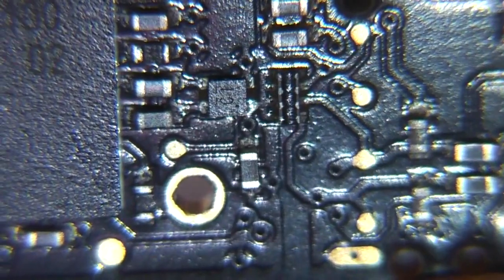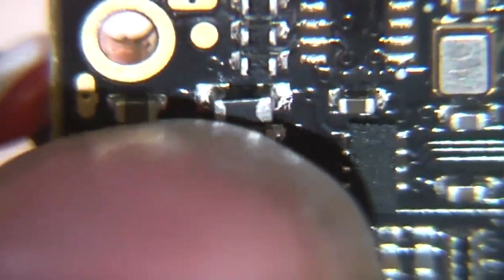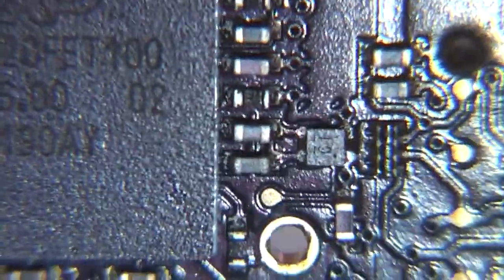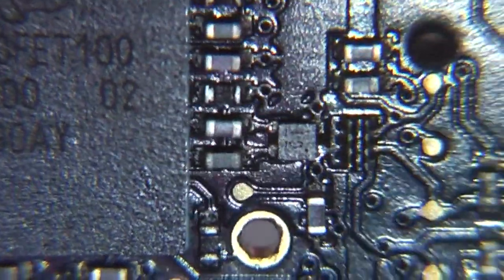So a few surprises from some initial probing. It does actually have a switching regulator. This is a switching regulator. I didn't spot it because that's the inductor. It looks a little bit like a capacitor, except it's a bit darker in colour. That's producing a 2.8 volt logic supply for the processor. This other chip here also looks like another 2.8 volt regulator, so this is probably a linear regulator producing clean